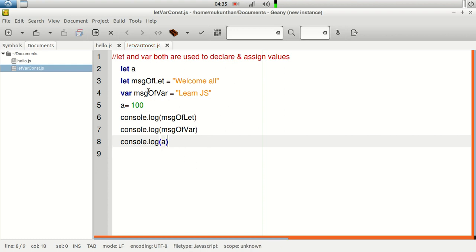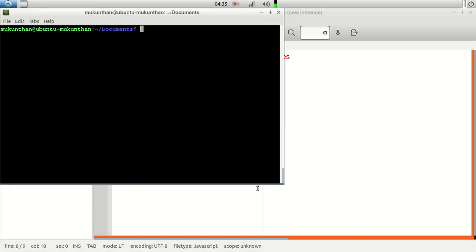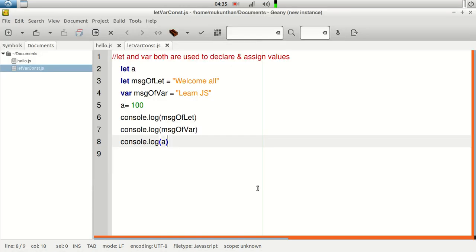Here you can use either let or var. In case of printing messages to the console, it does not make any difference. And we have the variable name. We will be following the camel case notation, and we will be having the value. Now we have the option whether we can have only the declaration or declaration along with the value assignment. Here you can see the outputs.